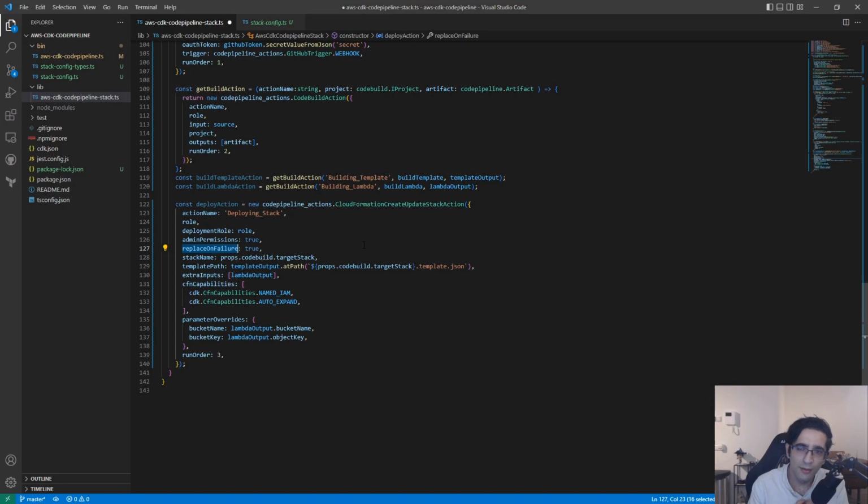We might not need it, but I just added it because if you don't do this and your stack is on rollback or it failed deploying, this pipeline will fail. And by adding this one on true, it will just remove that stack and redeploy it. So here we have to pass in the stack name once again, and we have to pass in the template path. And for this we are using the output of the artifactory. So template output at path. This is where we get the